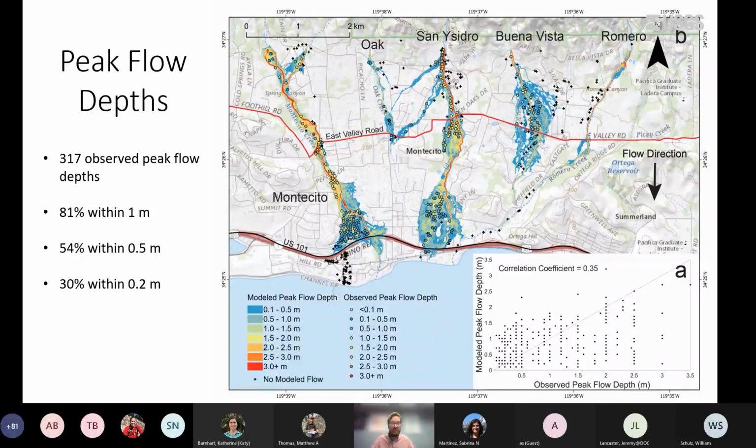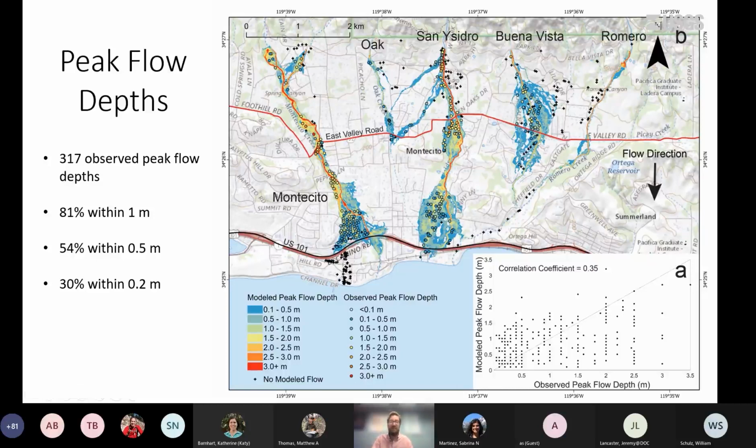If we look at it just qualitatively speaking, we see that the color scale is the same for modeled and observed peak flow depths. So we see that areas that generally had lower peak flow depths that were observed overlap areas that had lower model peak flow depths. So like the downstream extent of Montecito Creek here, or virtually the entire Buena Vista watershed to the right here. And same with higher peak flow depths. So the areas that were observed to have the highest peak flow depths, such as the middle of Montecito Creek or the upstream extent of San Isidro Creek, were also some of the areas that had the highest predicted peak